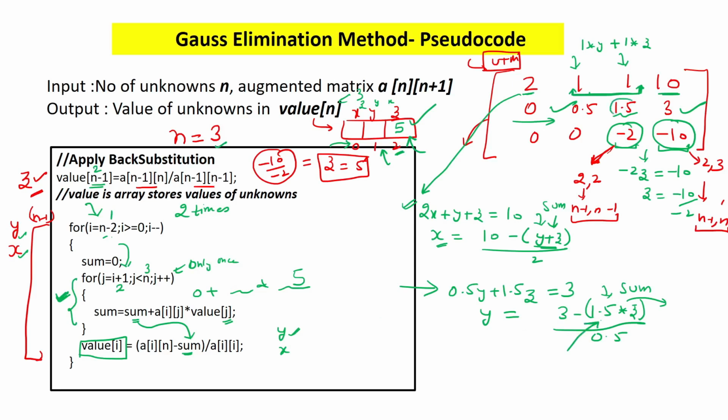So here if you see the index of this is 1 0, 1 1, and this is 1 2. So this is 1 2. i is 1 and j is 2. So yes, I am getting 1.5. So this will be 1.5 multiplied by 5. It will be stored inside sum. And this for loop will not run again as it will be false. So here I got 1.5 multiplied by z.